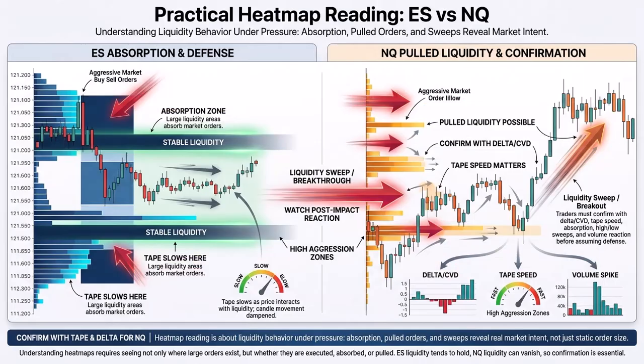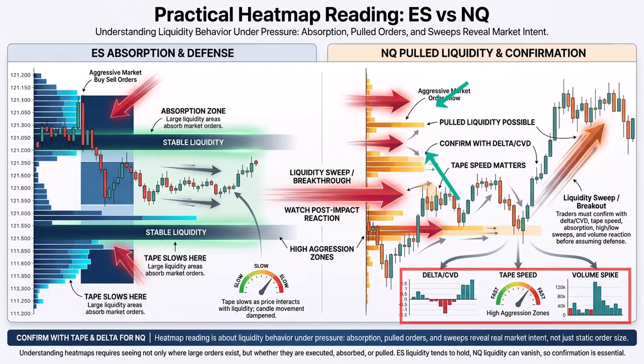3. Practical heat map reading. With ES, large liquidity areas are usually a bit more reliable. If price moves into a thick liquidity area, the tape slows down. Market orders hit that area, but price does not continue. That may indicate absorption or defense. With NQ, you need to be more careful. A large wall on the heat map can be pulled before price reaches it. That is why you should also confirm with